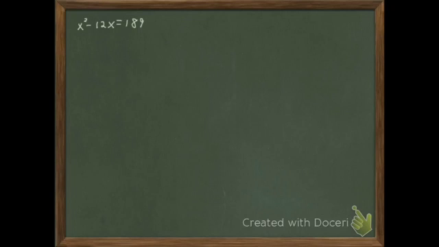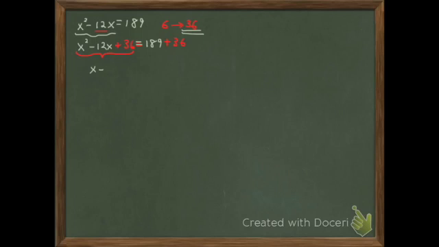First thing I need to do is take half of this and square it. So on the left side, I want x squared, copy this whole thing, minus 12x plus 36 equals 189 plus 36. This becomes my factor,